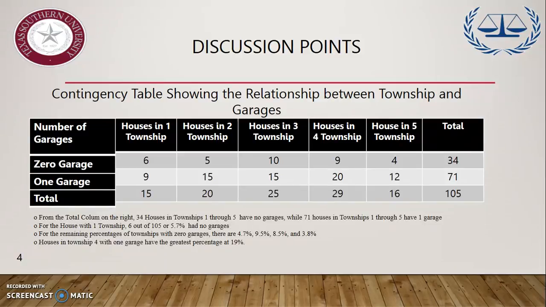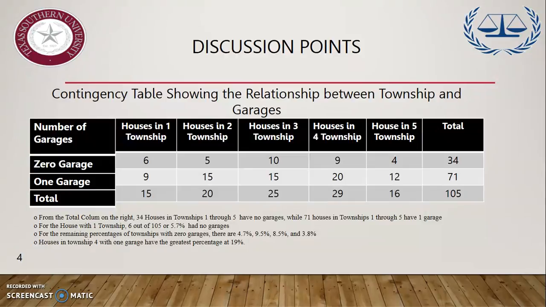And on this slide, I have constructed a contingency table in PowerPoint. This table is showing the relationship between the various townships and garages, and I got all this data from the real estate data that was given. Just to describe what I have here, I have the number of garages broken up into two categories, with 0 garages and with 1 garage. And then I broke it down from houses within the first township